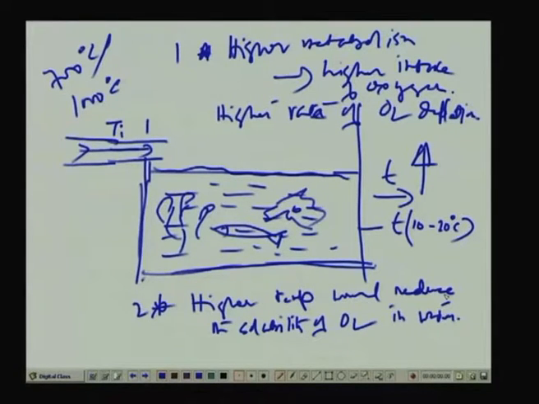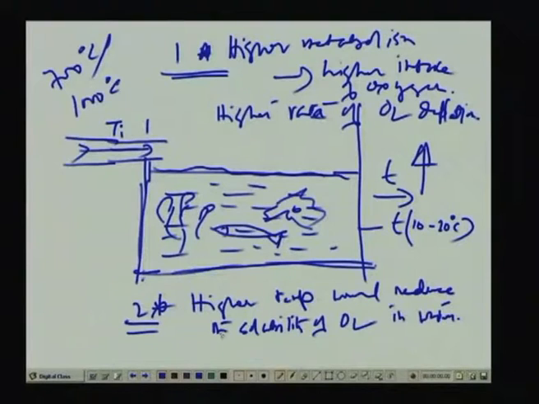So the oxygen, which is generally feebly dissolvable, as we have explained, would be further depleted. So there are two impacts that we can observe from these thermal pollutants, which can result in a very damaging effect on the species present in the water. You can see now that these two things add to the difficulties present in water. So this is about the thermal pollutants, just to explain the nature by which these thermal pollutants can have an impact.